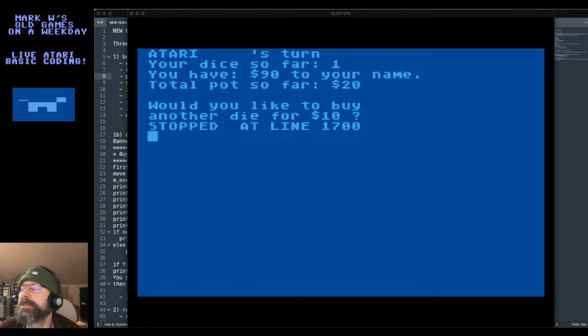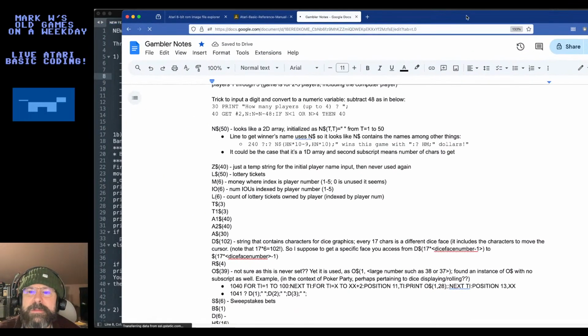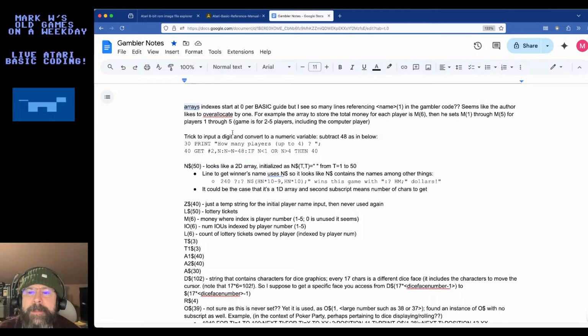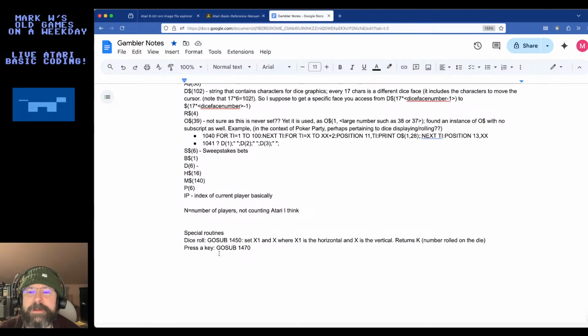Let me check in my doc. When I was rediscovering Atari BASIC, I wrote some random scratch notes here in a Google Doc. And I think I wrote how to write a pause like that.